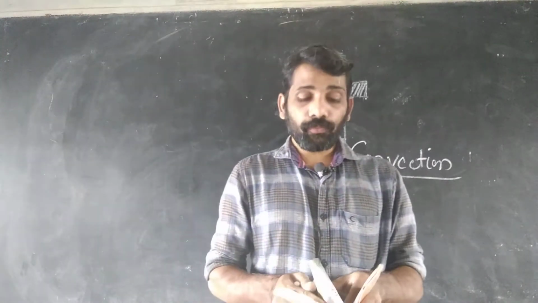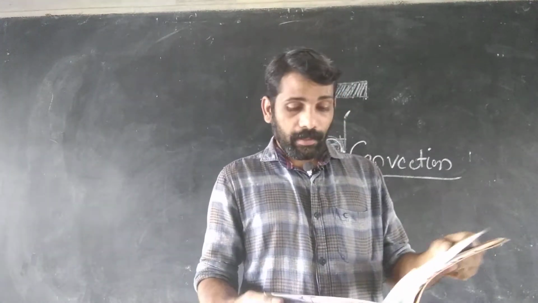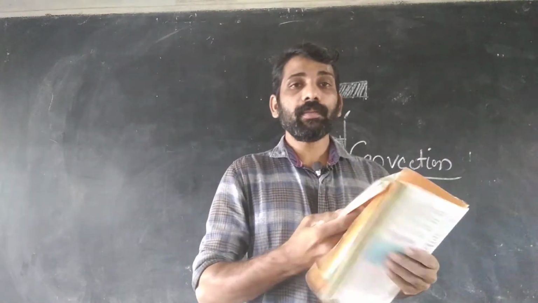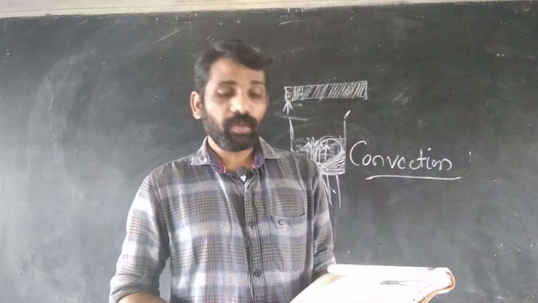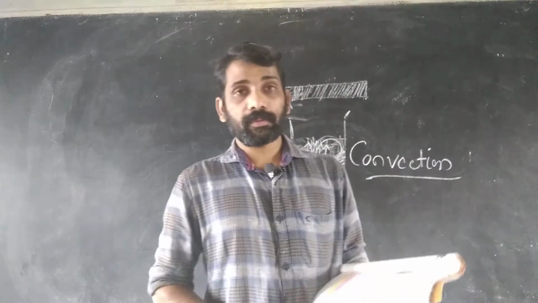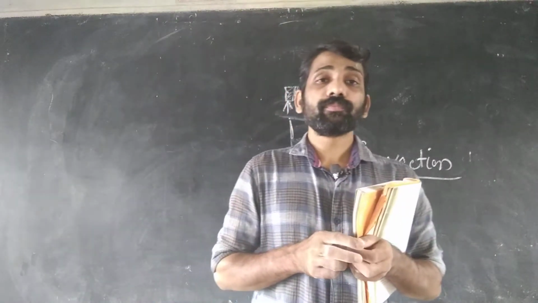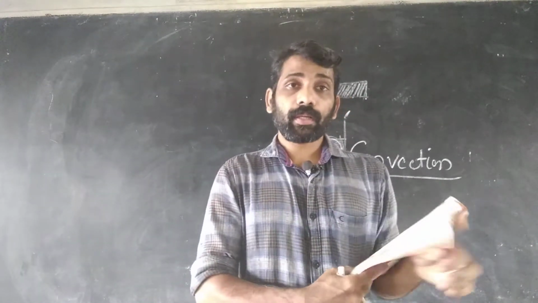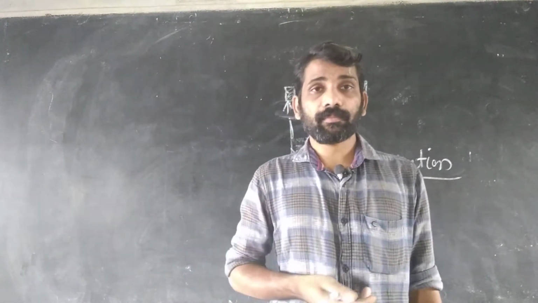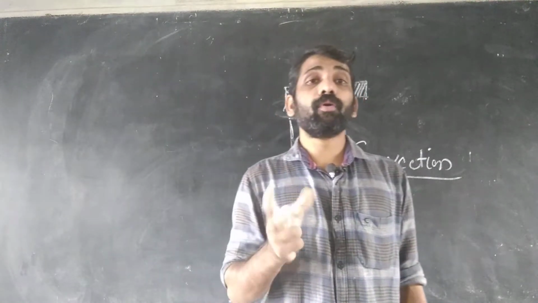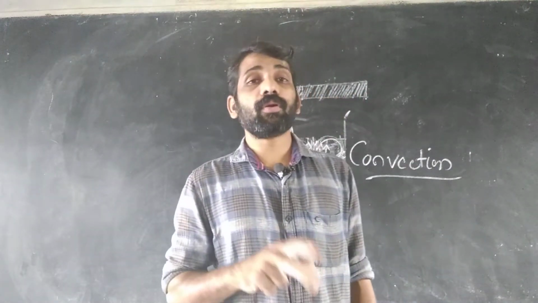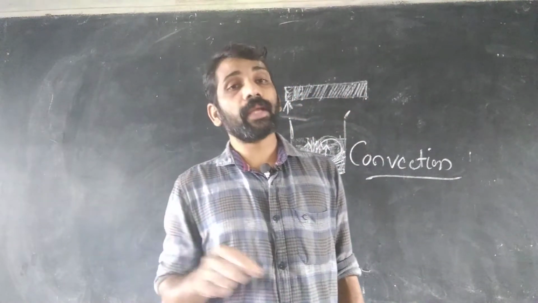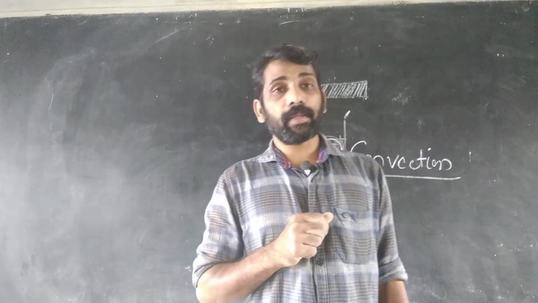Okay, so in order to find that, we have to do some experiment. So in page number 41, activity 4.8. For doing the experiment we have to take a beaker or a round bottom flask. The bottom part will be round. So, a round bottom flask or a beaker, and we have to take water in the beaker.